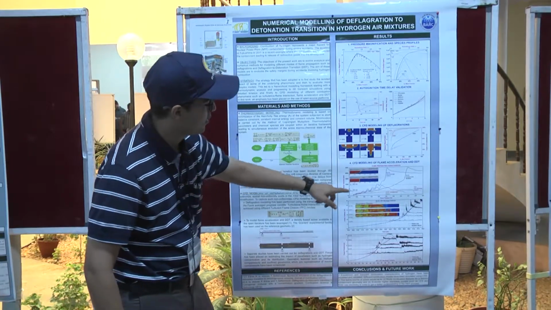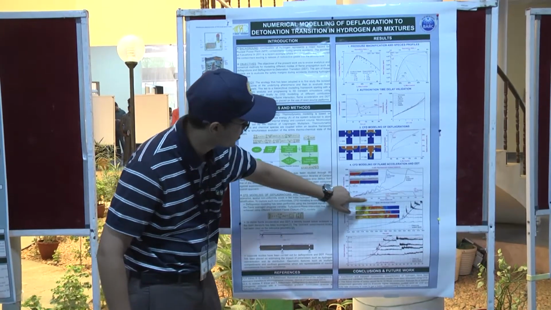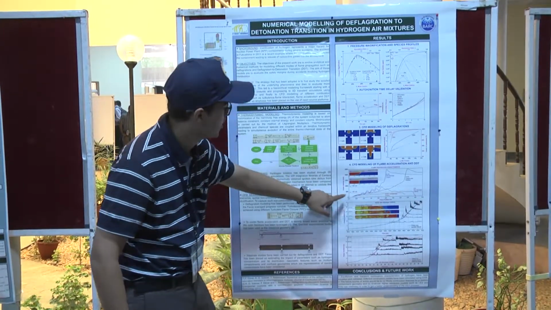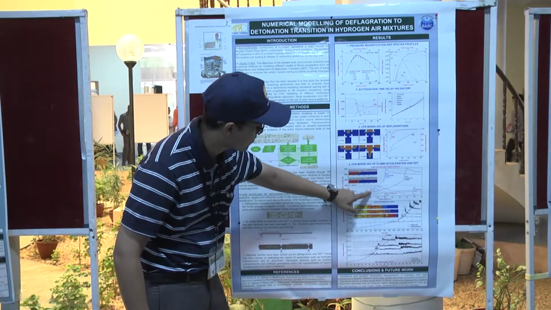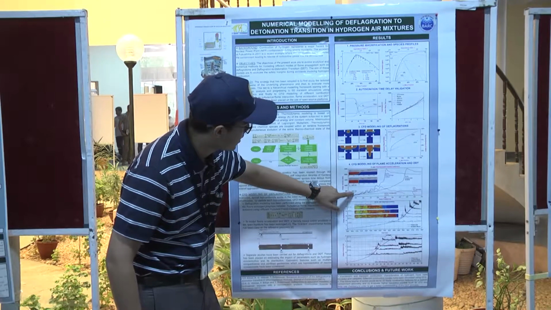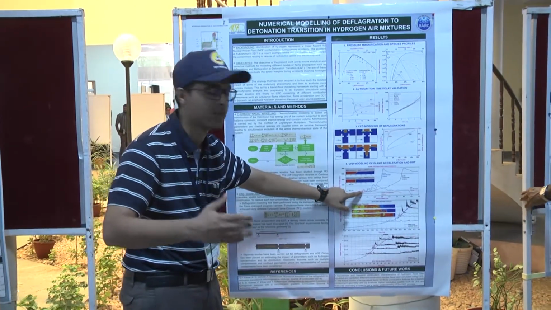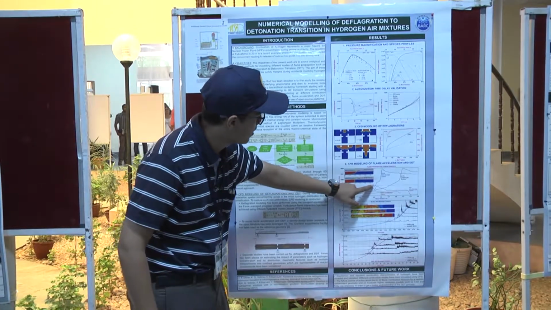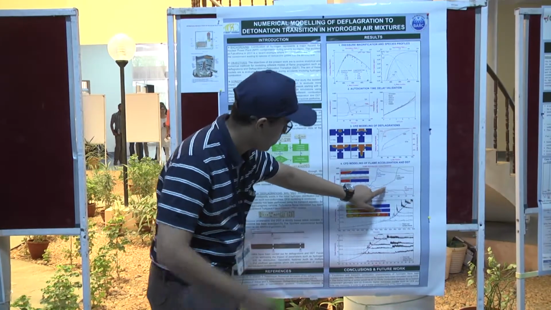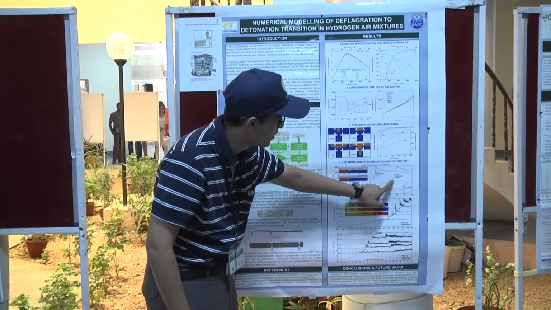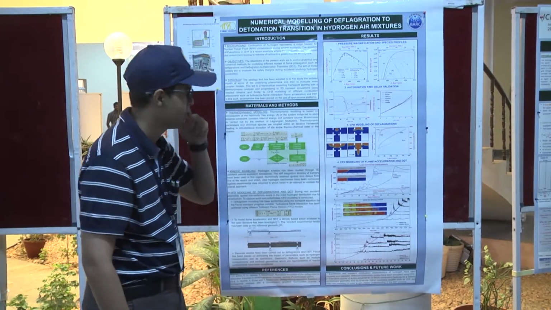One of the important features here is this plot of flame velocity versus flame position, or flame distance. What we see is that initially the flame speed tends to rise, and at a certain point it reaches the speed of sound with respect to the unburned gases. After continued flame acceleration it reaches the speed of sound with respect to the products, at which point we see a very sharp increase in velocity, which can be captured as the transition from deflagration to detonation.